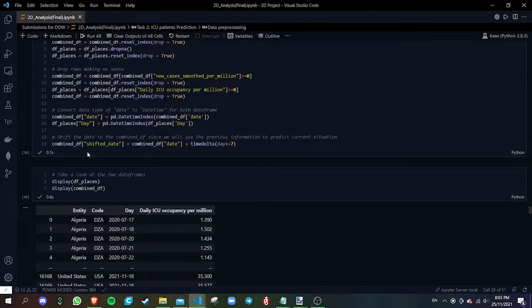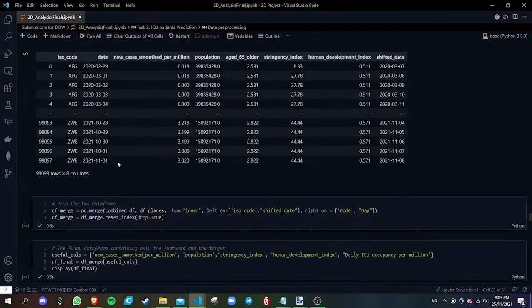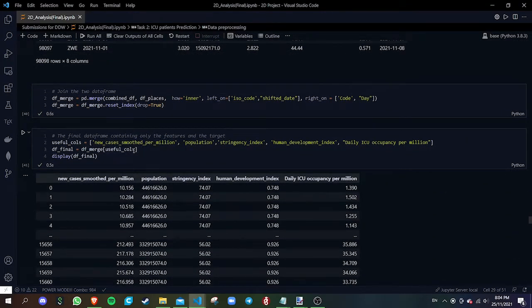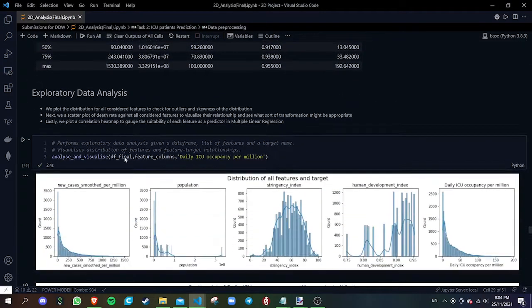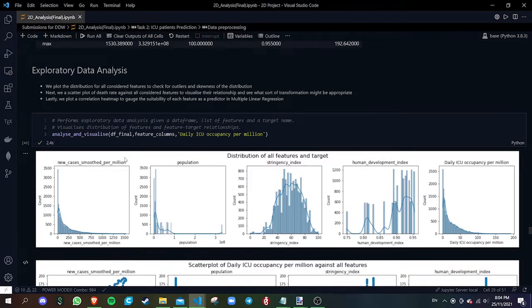Before merging the two datasets, we shift the date in the first data frame to 7 days later, given that we will use the previous information to predict the current situation. Then we extract the features and targets from the merged dataset. After that, we did some exploratory data analysis to see how the features distribute and how they affect our